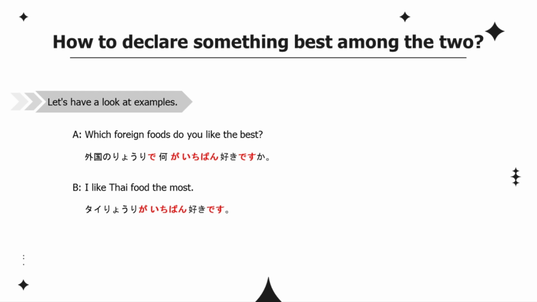Which foreign foods do you like the best? 外国の料理で何が一番好きですか？ I like Thai food the most. タイ料理が一番好きです。